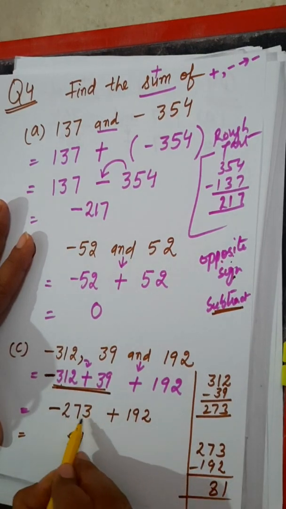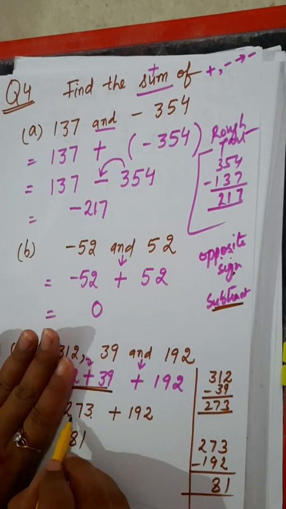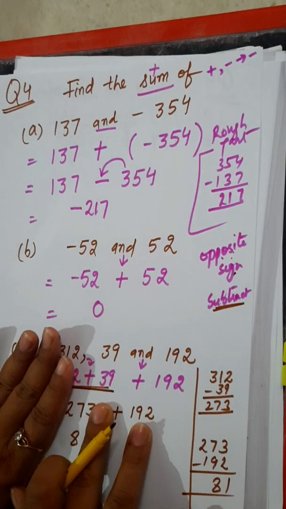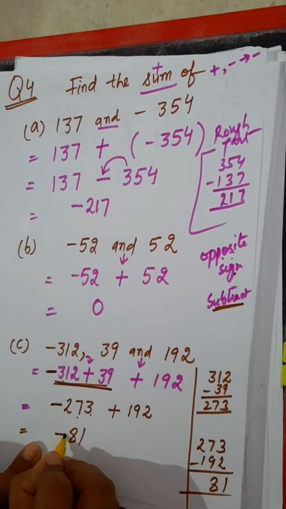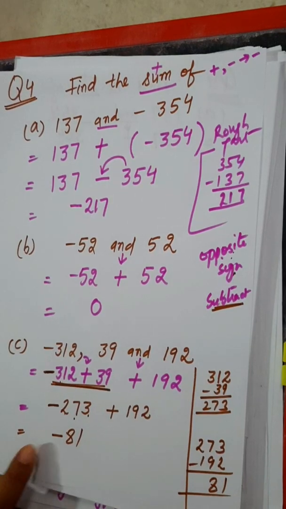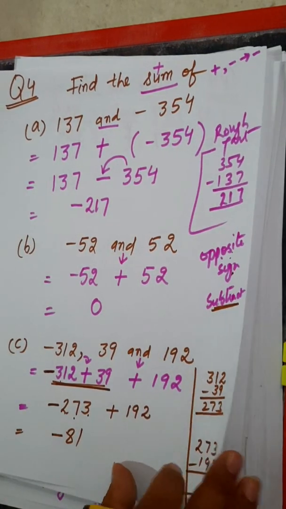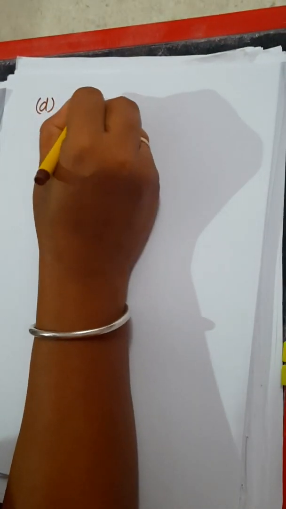Now here 273 has greater numerical value, this is smaller numerical value, and the greater numerical value has negative sign, so I will put the sign of negative in front of 81. So this is all about C part. Then we have D part. D part is minus 50,